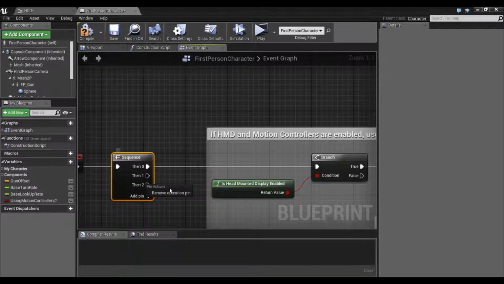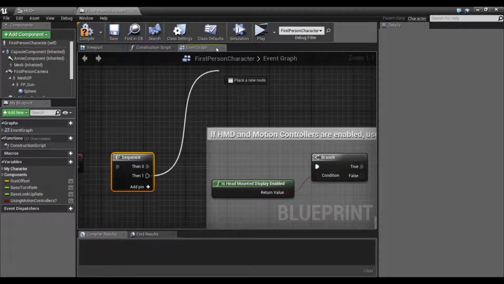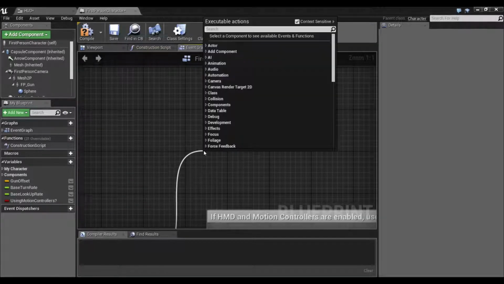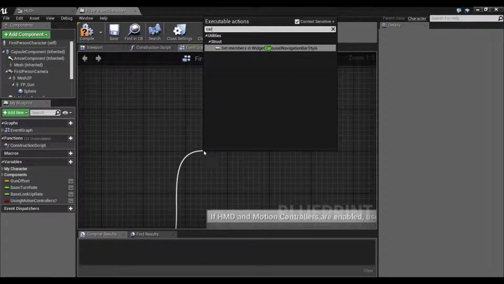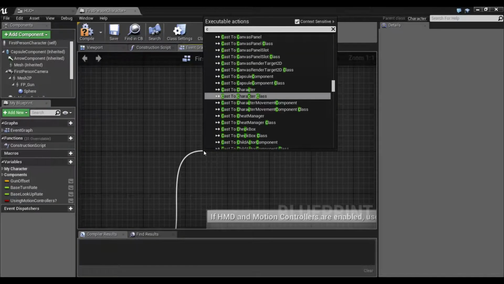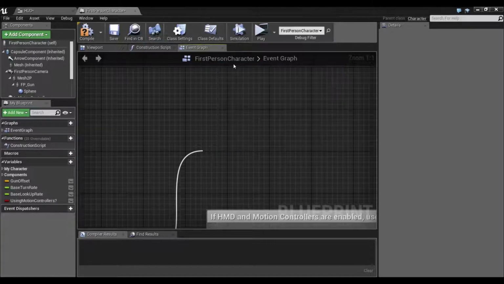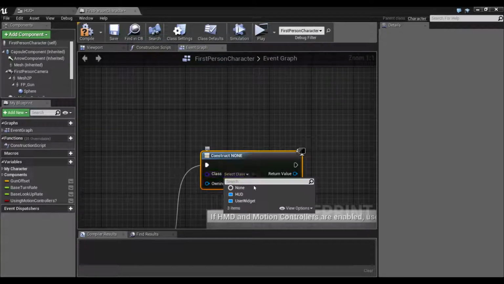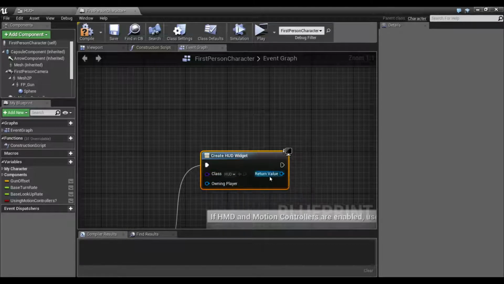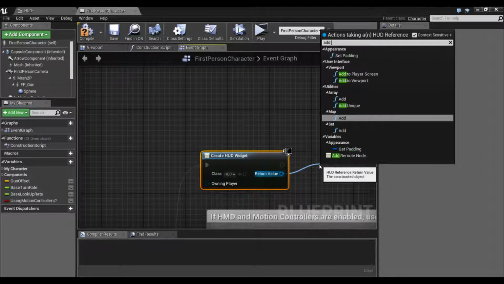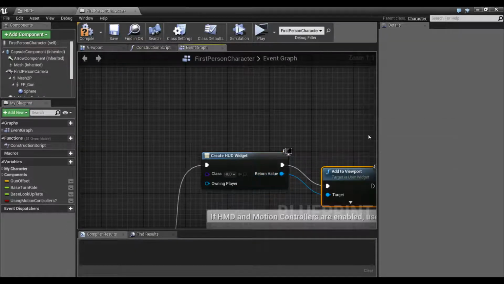So let's remove all of them except 1, and let's go here and type create widget, and we select the widget and we name it HUD, and we go to return value and we add to viewport,